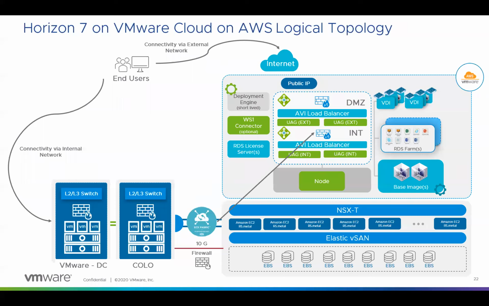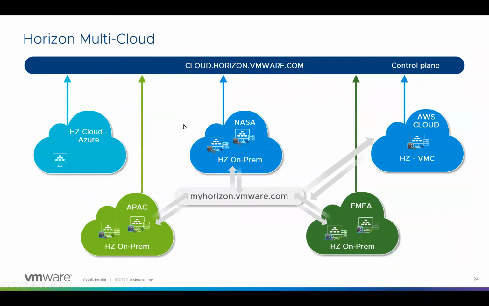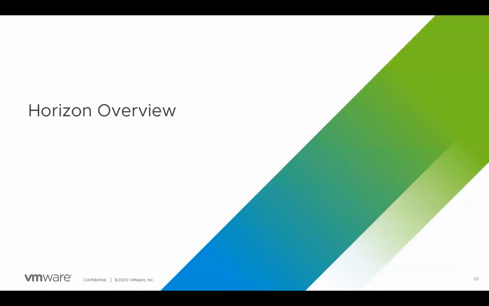So this is kind of how we were able to deploy Horizon 7 on VMware Cloud on AWS. And once this was deployed, Aju's team did an extensive amount of testing and validated that this meets our requirement. So now that we have gone through the overall foundation which is required for us to run the STDC, I would like to request Aju to take us through the Horizon overview and tell us about do's and don'ts and day two operations. Yeah, thank you, Swapnil.